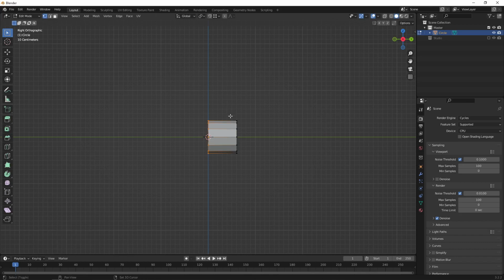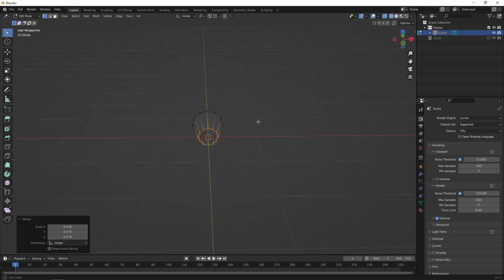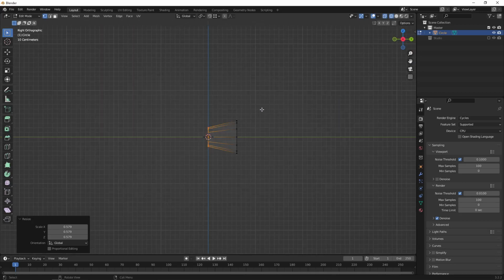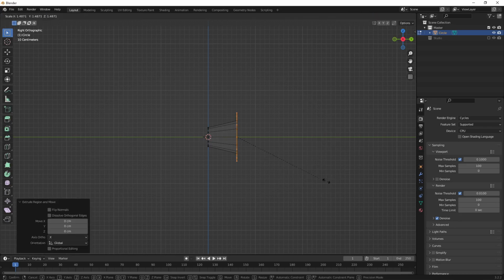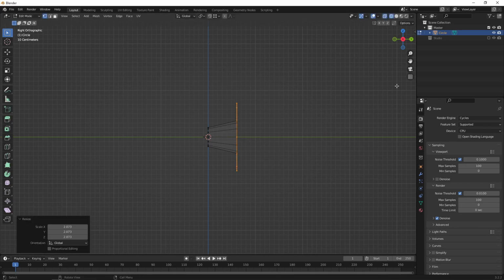Go to the wireframe, select everything and scale it. To scale, select everything and scale, then only it will come out correct. Go to the right view again and select everything. E to extrude, right click to cancel, S to scale, and then go to the view and we can turn on that